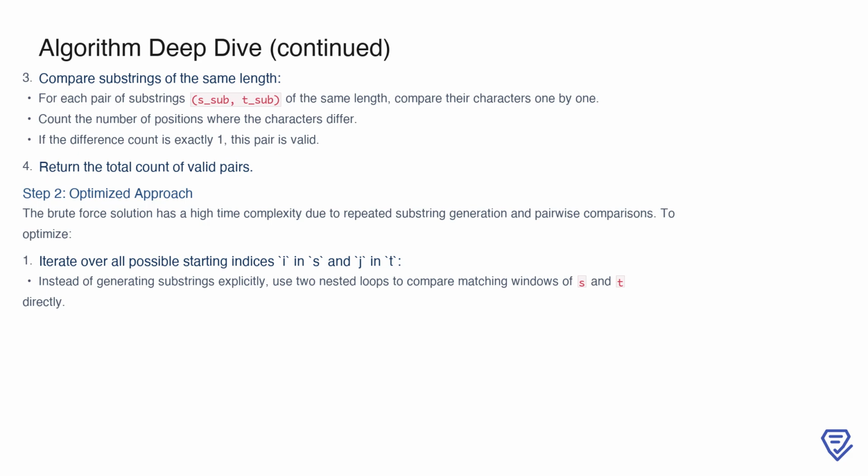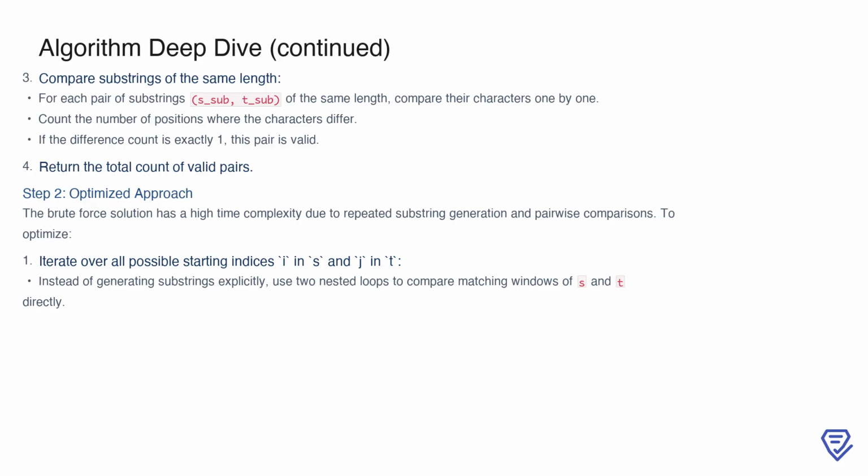However, this brute force approach is computationally expensive because it involves generating substrings and performing pairwise comparisons, leading to a high time complexity. To optimize this, we can avoid explicit substring generation. Instead, we directly compare matching windows of S and T using their starting indices. By iterating over all possible starting indices i in S and j in T, we can streamline the process and